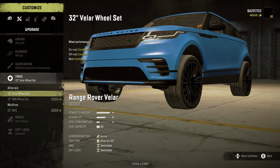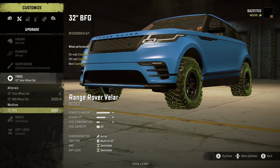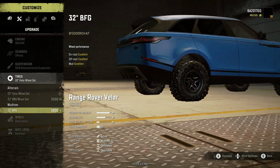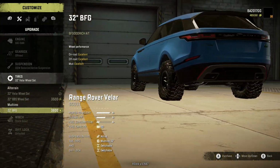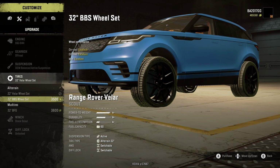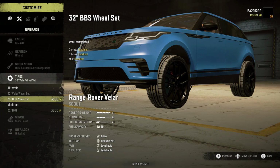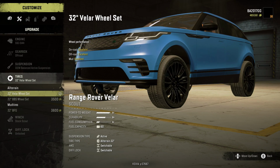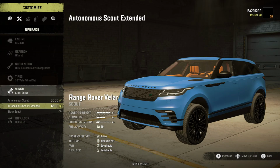And tires, we got the Velar wheel set, the BBS wheel set, and then BFGs. Now, you wouldn't expect to see BFGs on a Range Rover. I really don't think so, but it is pretty cool. You can't deny it. But I think what we're going to go with is the Velar set, the stock, and winch autonomous scout